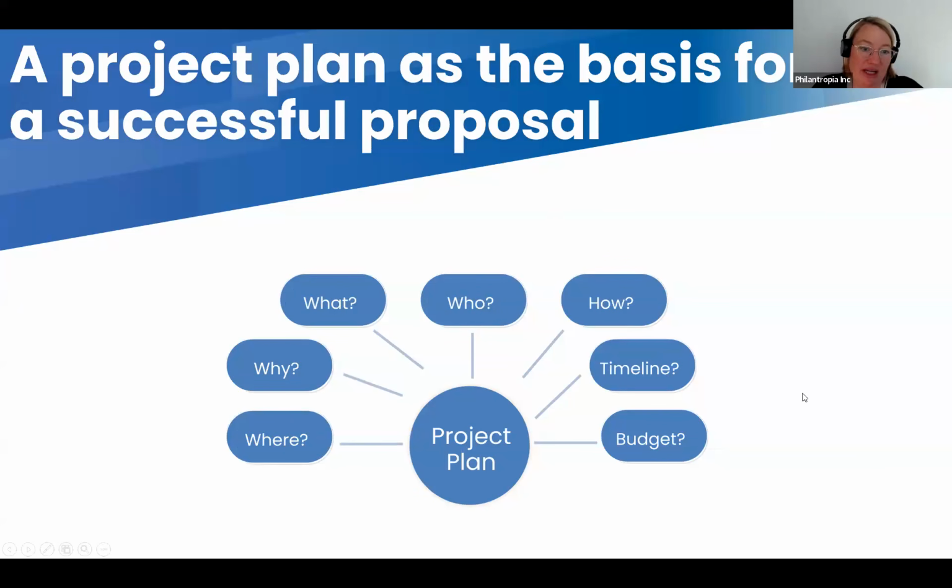So again, what does a project plan cover? It's very simple, basically. It should tell you these basic things. Where do you want to do something? Which is very important. Location. Why do you want to do something? That is crucial for the project plan, but also for the donor later. So you should already work on this now, even though maybe for the internal audience, it's not that important.